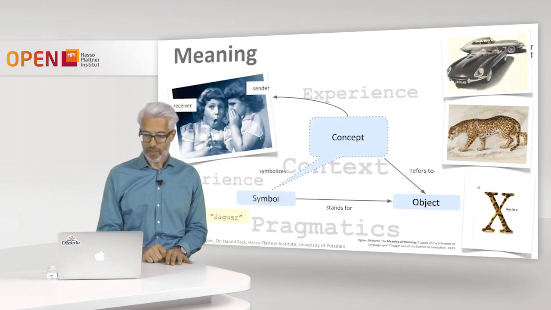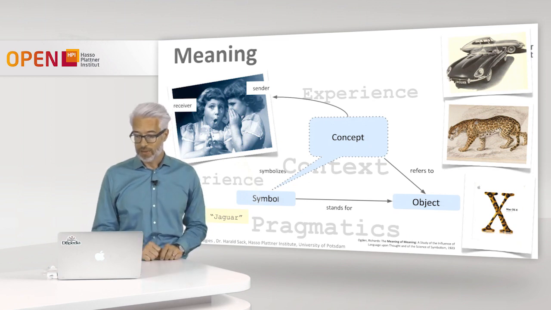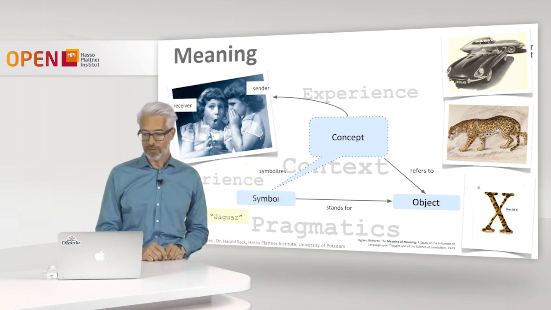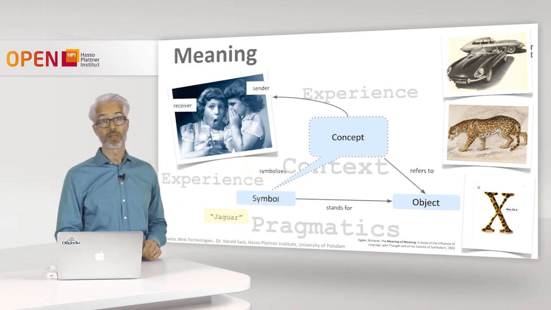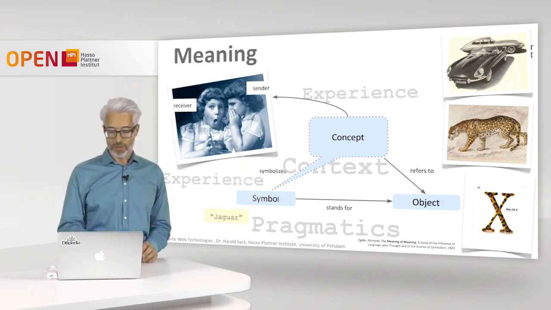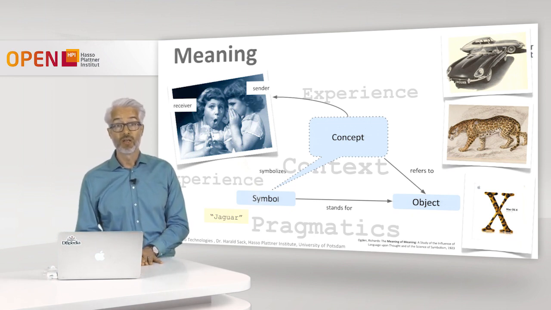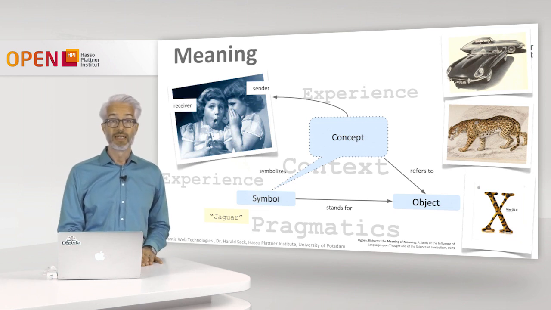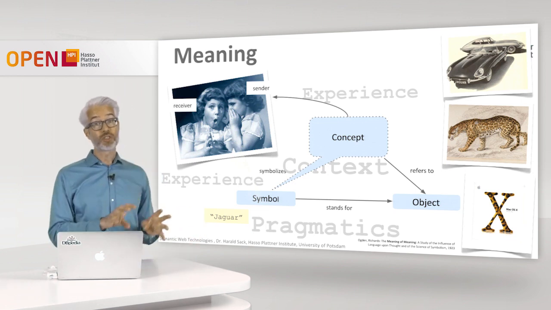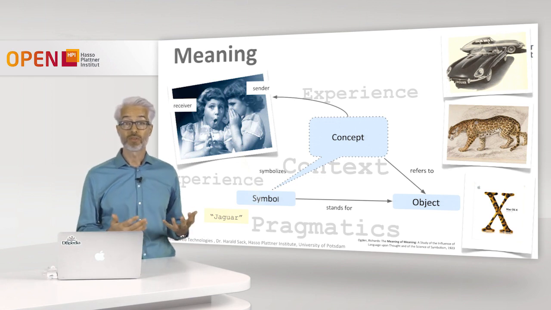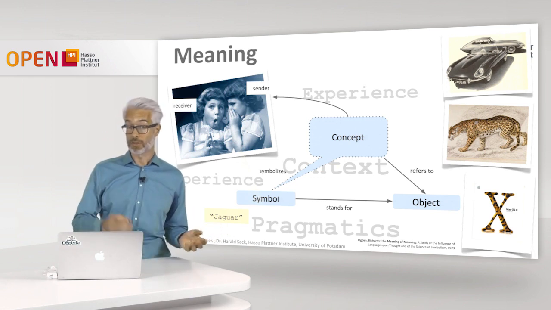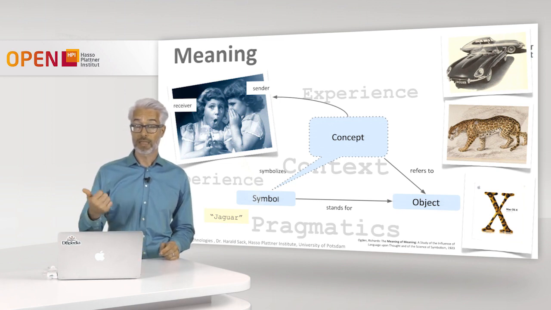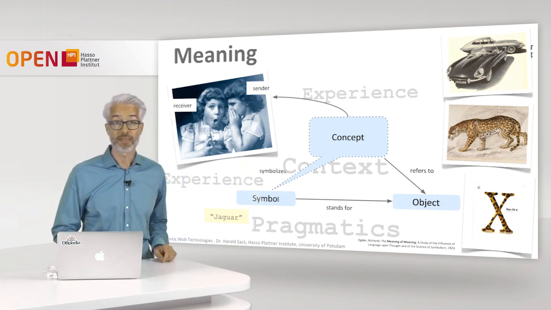Okay, so let's have an example. Maybe you have seen this already in your literature or language classes. This is the so-called semiotic triangle. Usually you start with the interpretation of a so-called symbol. So you have a symbol like here, the jaguar, in the corner on the left side. And usually this symbol stands for an object in the real world or also for an abstract object. So jaguar might stand here, because of its ambiguity, for several things: for the car, for the cat, or maybe also for the operating system.